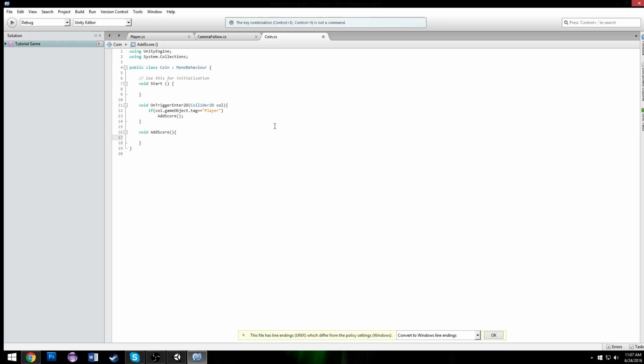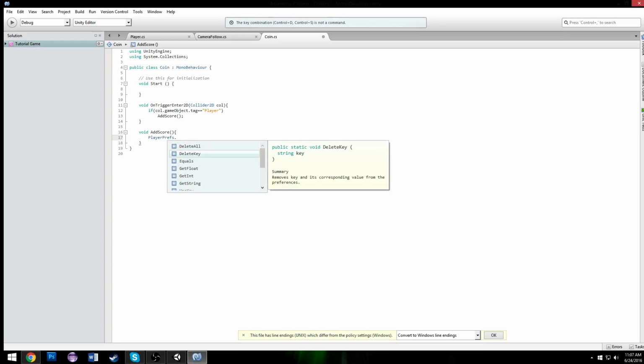So the first step would be to take our player preferences, which we actually didn't use yet. And this is a simple video on making a simple platformer, so I'm going to use player preferences. They're not the most secure things, as in players can go into the files and maybe find the values and change them to give themselves more score. However, they will work for this purpose. I do recommend actually serializing your data, which I can show you in a different video. It's very safe and it won't be able to be adjusted. But this is a simple tutorial, so if I get into serializing, it kind of defeats the purpose of being a simple tutorial. Anyways, PlayerPrefs.SetInt,